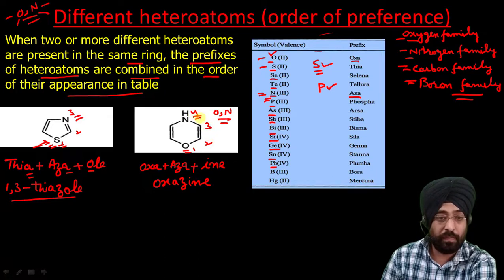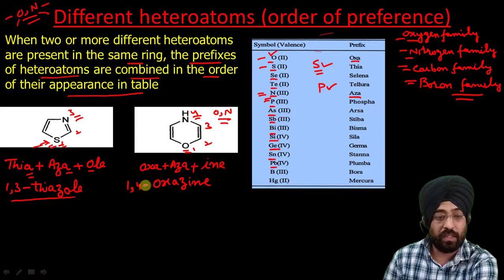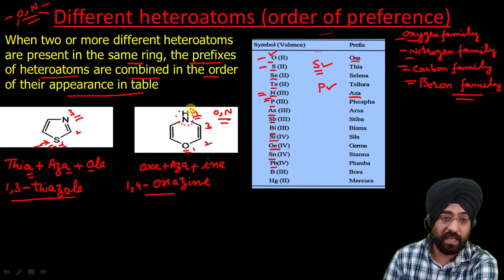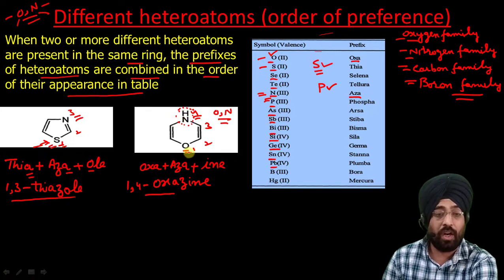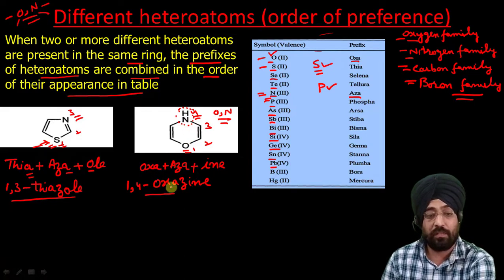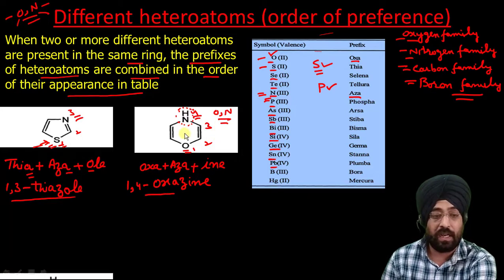There are rules for numbering that we will discuss in our next slide. So it is 1,4-oxazine. Still its name is incomplete. Why? Because it has a saturated atom. That is a different case that I will discuss in our upcoming slides. I just wanted to convey how to add the prefixes if we have more than one heteroatom. So its name is 1,4-oxazine, but it is still incomplete. I will complete this when we discuss the case of a saturated carbon.